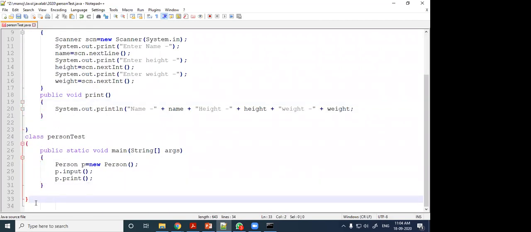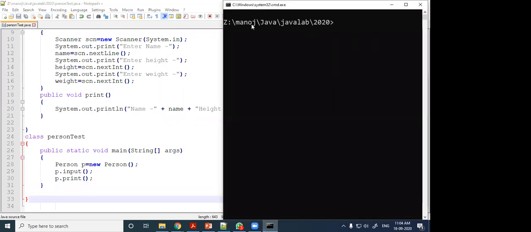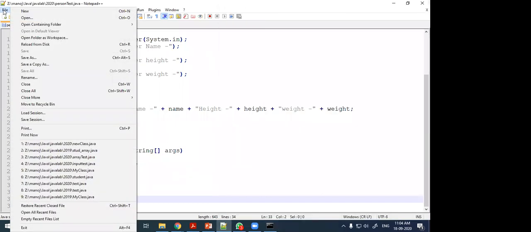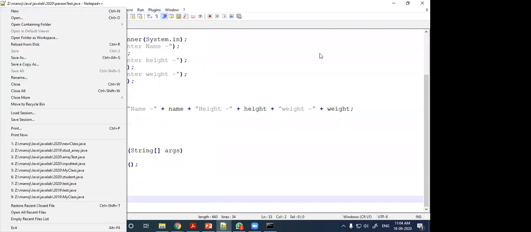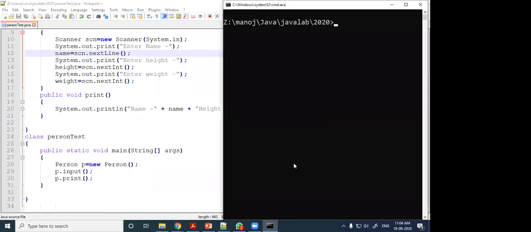Now we'll compile this program and execute it. Javac PersonTest.